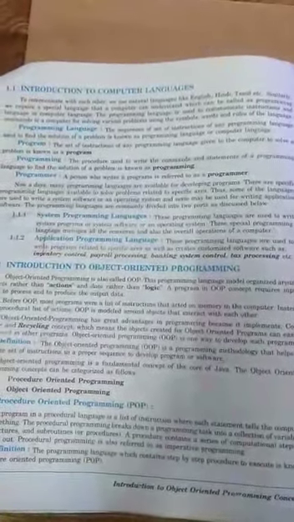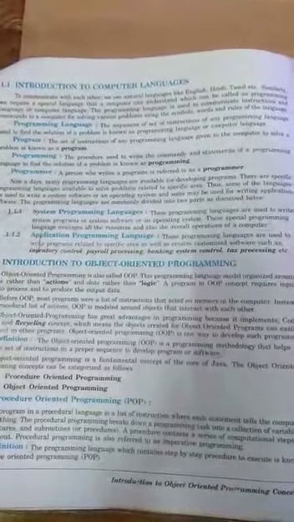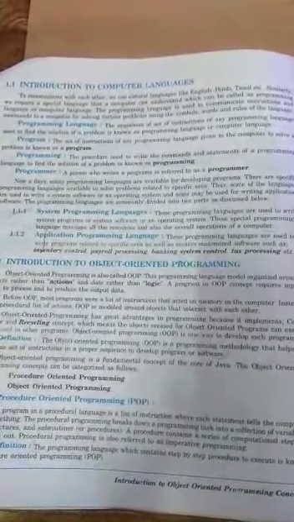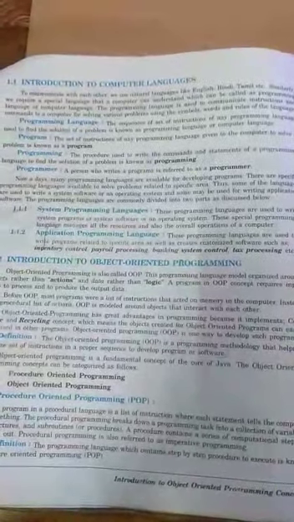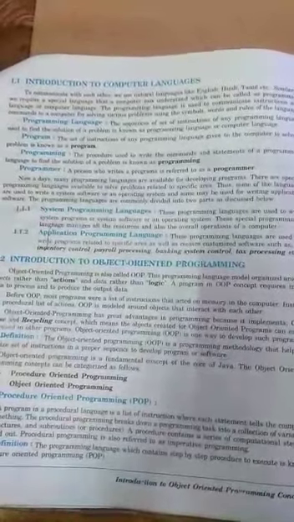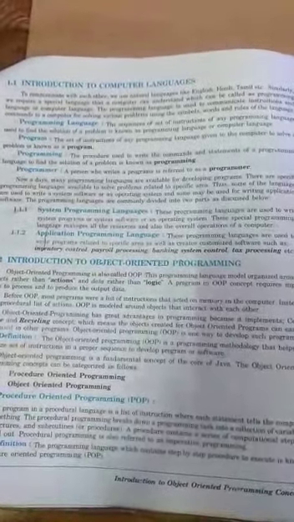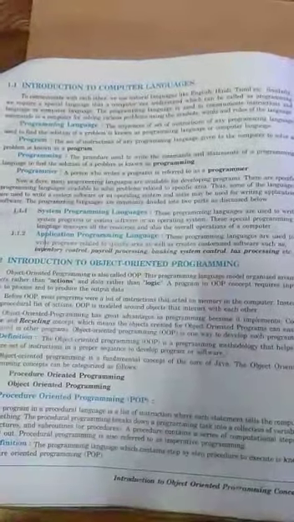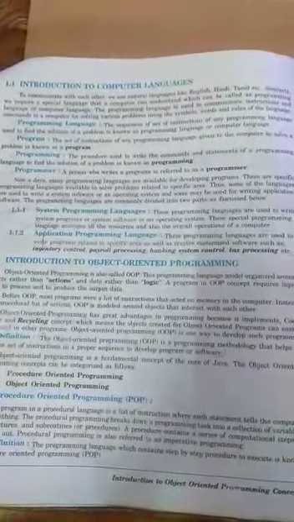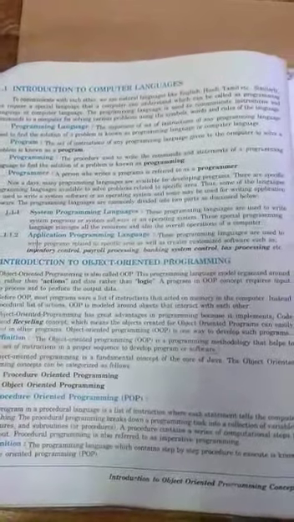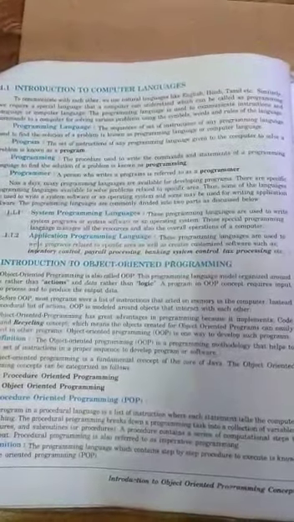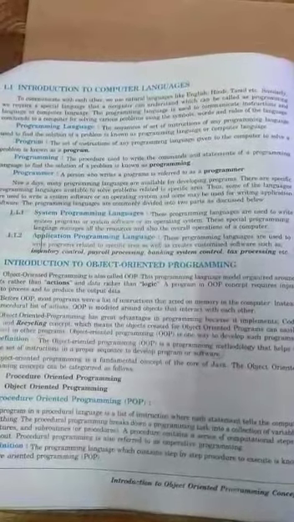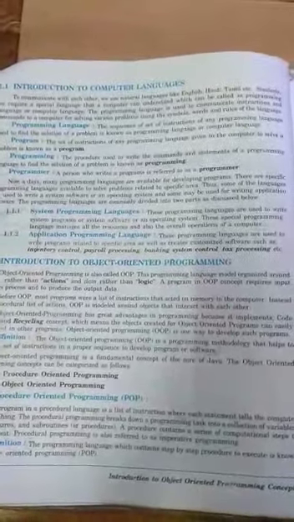For example, when we want to add two numbers, the problem is to find out the addition of two numbers. So we will take two numbers, suppose 5 and 10. Then we will perform the addition of those two numbers, and then we will store the result somewhere and display the result. So all these steps to find the sum of two numbers are known as programming. Now who are the programmers? We, the persons who are writing the program. When you are writing the program, children, then you are also referred to as programmers.